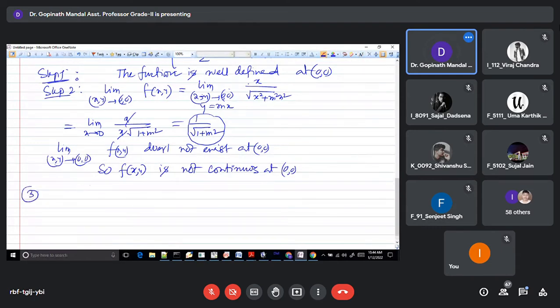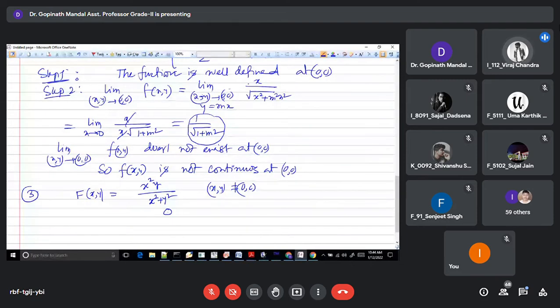Example 3. f(x,y) equal to x square y by this, and if (x,y) not equal to (0,0). So, when we were proving the limit exists, sir, proving that the limit exists is a concept that